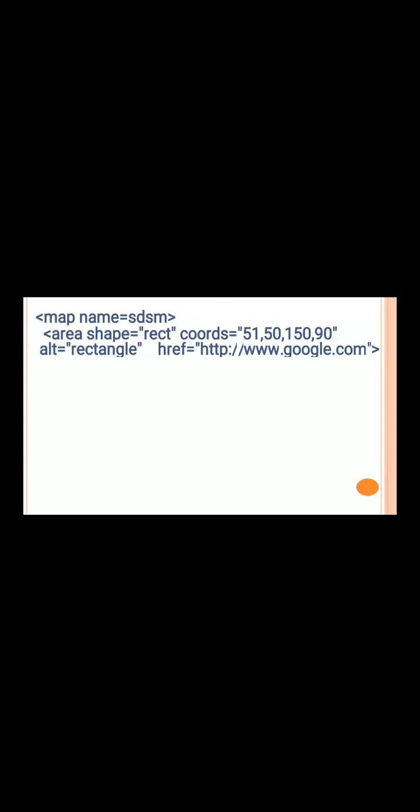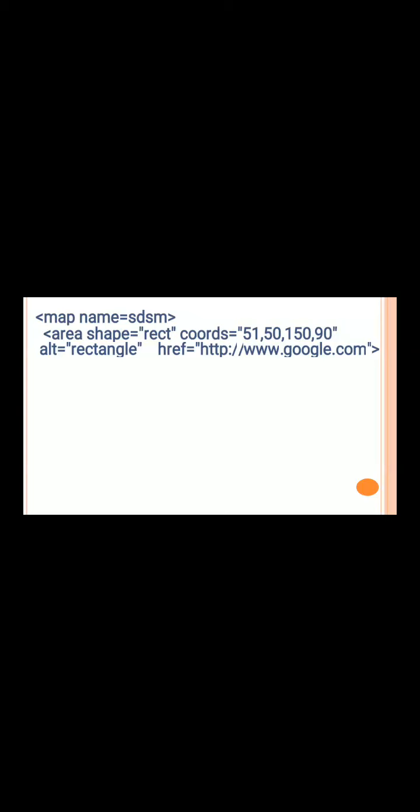Then we'll make use of another attribute of area tag, which is coords, which mentions the coordinates of that particular shape, which here is the coordinates of a rectangular shape. We can easily find out the coordinates of any shape with the help of the Paint application. We'll see how we can find out the coordinates of a particular shape afterwards.